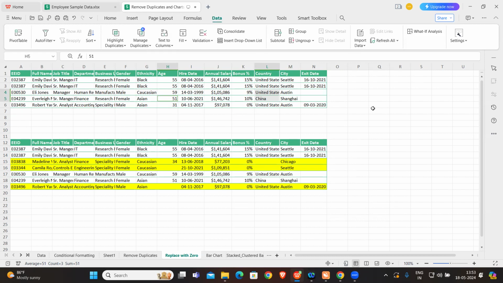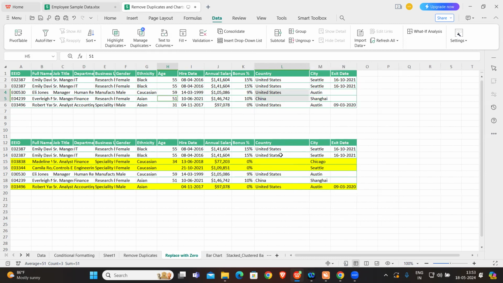We have removed the duplicates, and wherever we were having blanks, we have removed the blanks. Either we can remove the blanks or we can replace them with certain values. Suppose here we are having a column called country. Here we are having some blank values, right? So either you can remove these values, or if you want, because other values are present,